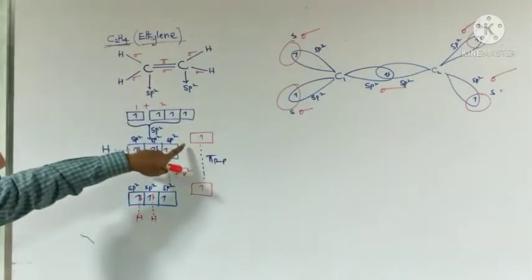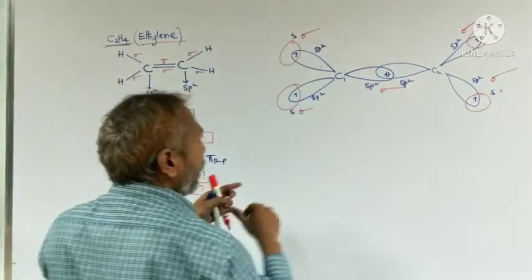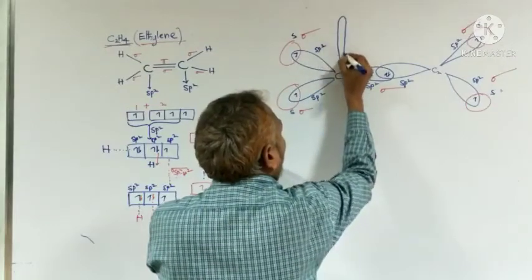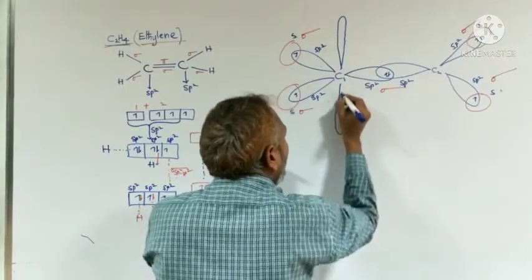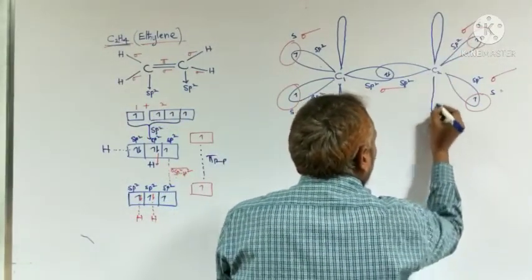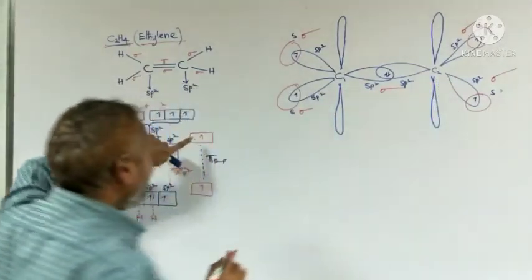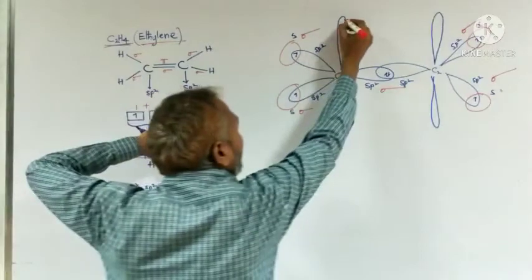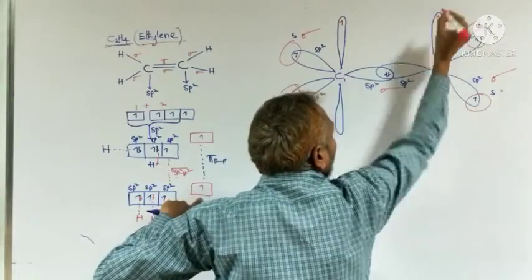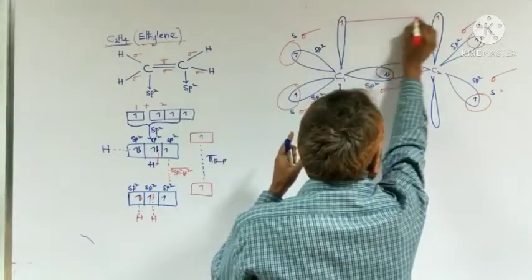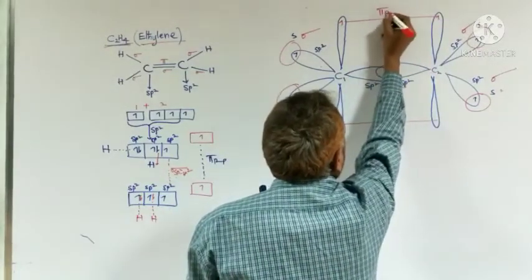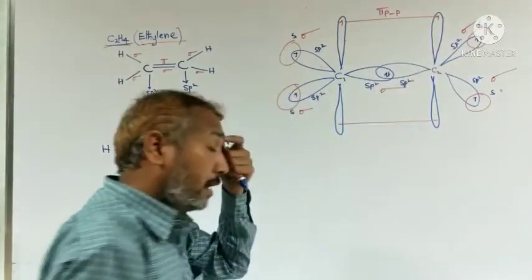But how many unhybridized orbitals does C1 contain? It is an unhybridized p orbital. 1 unhybridized orbital, which orbital? Unhybridized p orbital. Next, the C2 carbon also contains 1 unhybridized orbital. So how many electrons? C1 carbon has 1 unpaired electron, and C2 carbon has 1 unpaired electron. So now it can form a pi bond. Which orbitals are overlapping here? p orbitals, 2 p orbitals.